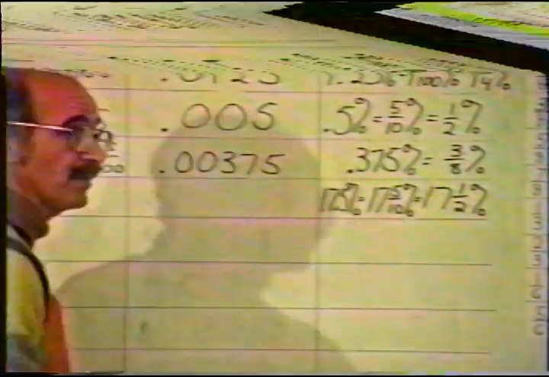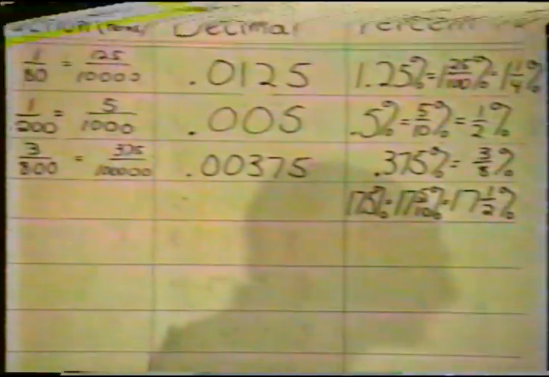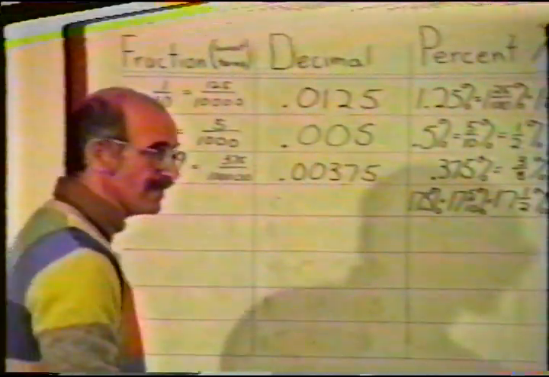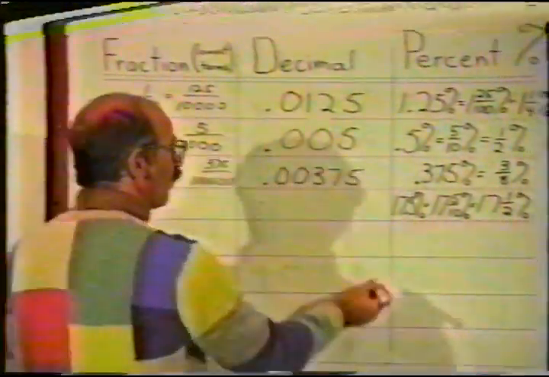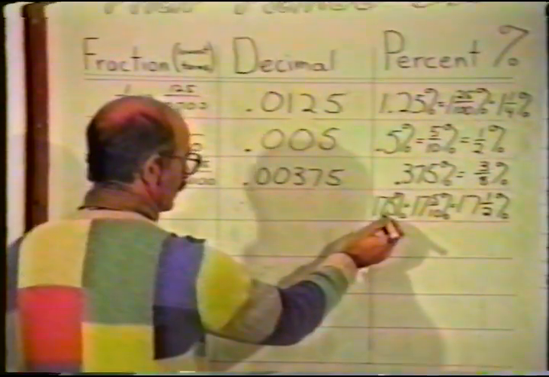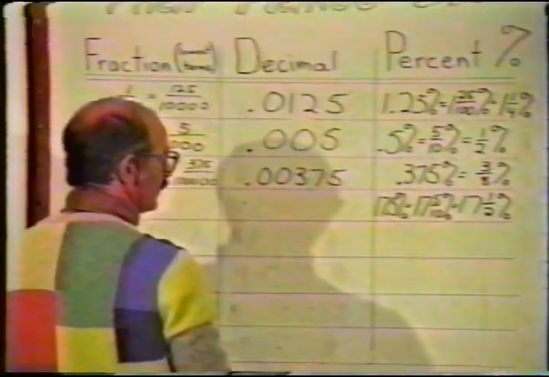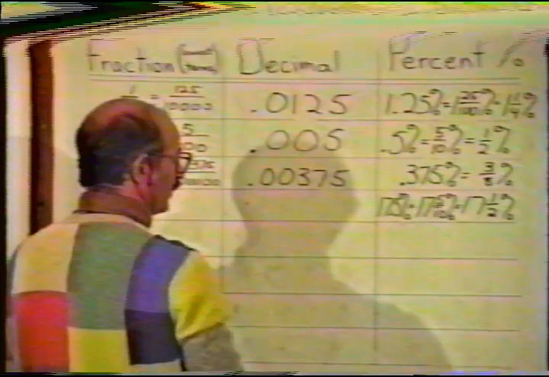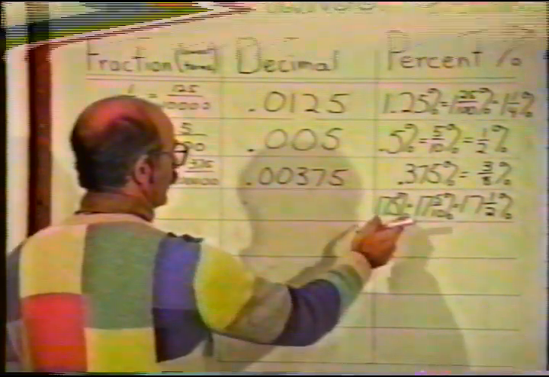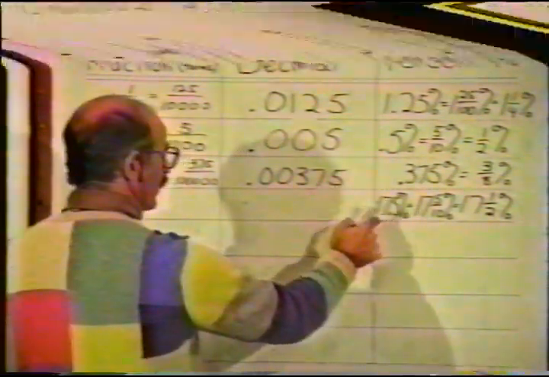It's still a percent. What do we have to do to make it into a decimal? We have to do what to the decimal point? Move it over 2 places to the left, and take away the percent sign. Moving it over, we get